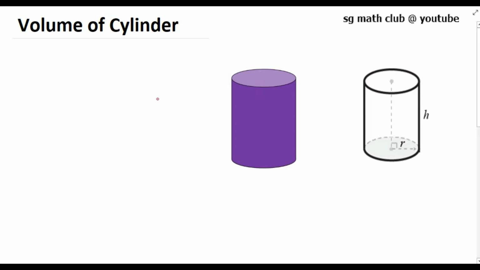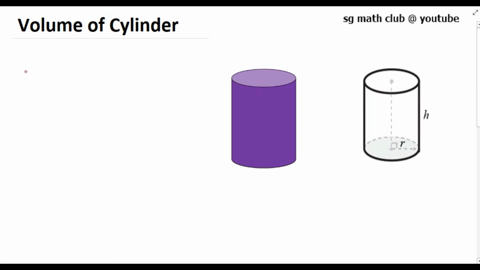And also we have seen that when you arrange rectangular sheets of paper one above the other, we will get a cuboid shape. In the same way, if you arrange circular shapes, say coins or circles, one above the other, we will get a cylinder. And we know that a cylinder has a curved surface as well as two plane circular bases, one at the top and the other at the bottom. The radius of that circular base is the radius of the cylinder, and the line segment joining the two centers of the circular bases gives you the height of the cylinder.